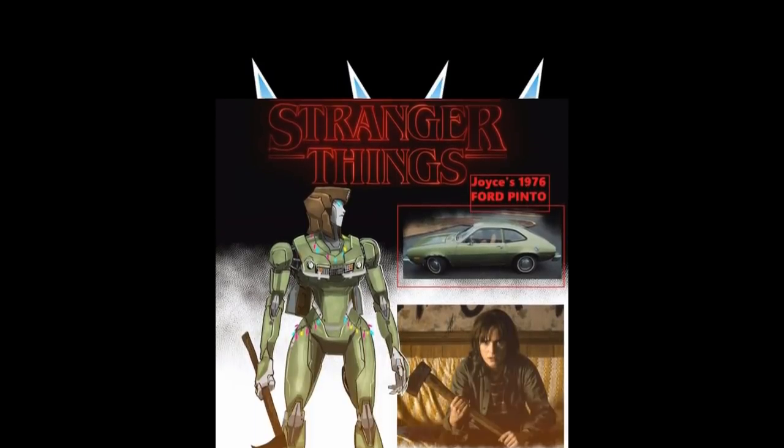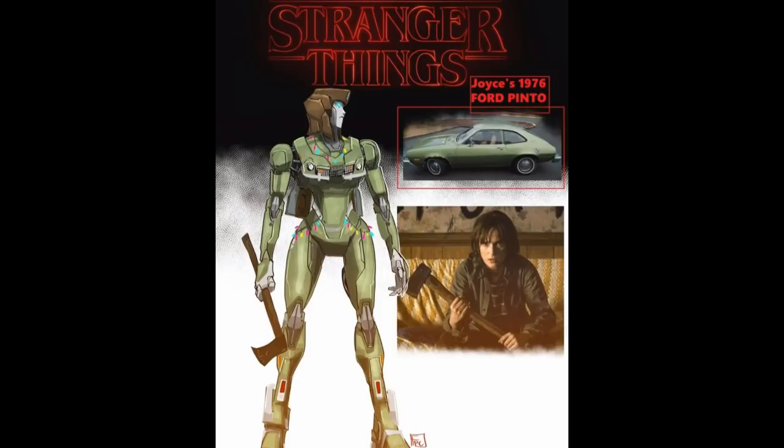So this is something really strange, nothing more than a picture. Could all just be a hoax, could all just be a joke. I mean, I don't know if there's a June 1st joke going on, but Stranger Things, Joyce's 1976 Ford Pinto, somebody talking about possibly, is it a Winona Ryder face or a character based off of that? So if we do get a Transformer based off this, which I kind of doubt, this is probably all just a joke or a prank, but I thought it was kind of funny, kind of fun, just something to talk about. If it really does get made,